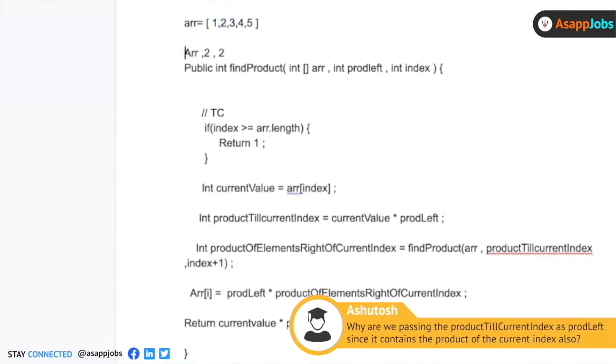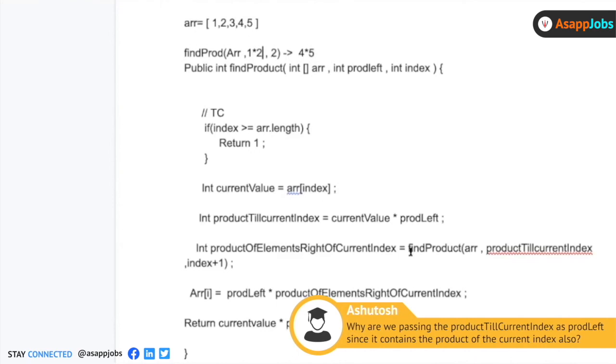So if you do this, it will return the product of all the elements to the right of it. So it will return me 4 into 5. I can write it like this, so it makes more sense. This is the method definition and this is the output. If you pass the method an array, and the product of all the elements to the left of the given index 2, the left of the given index will be the 0th and 1st elements, 1 and 2. So it will return the product of all the elements to the right of it, 4 and 5.